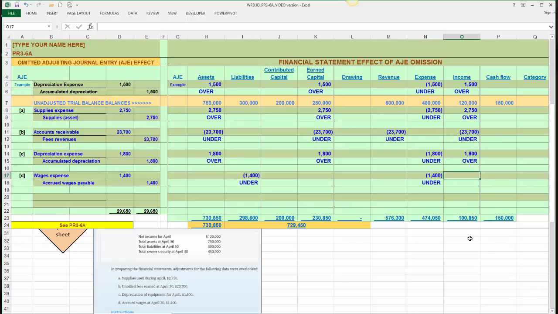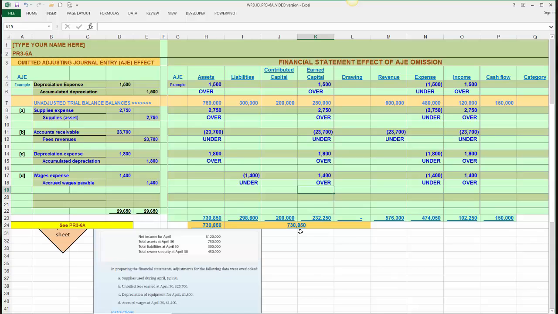If we understate an expense, we would have overstated income, and if we overstate income, we would have overstated earned capital. So, with the entry of the secondary effects, we now see that the balance sheet balances, and we are now